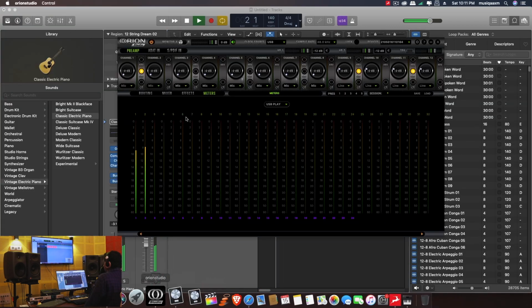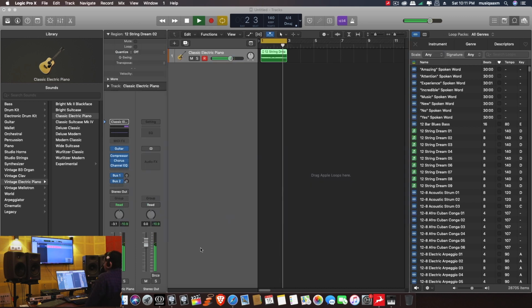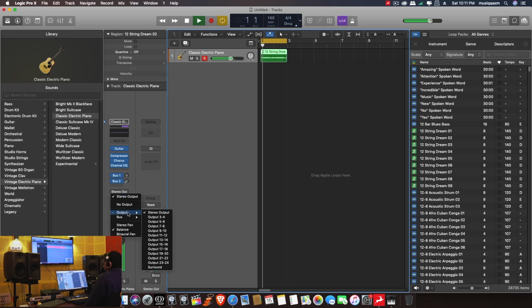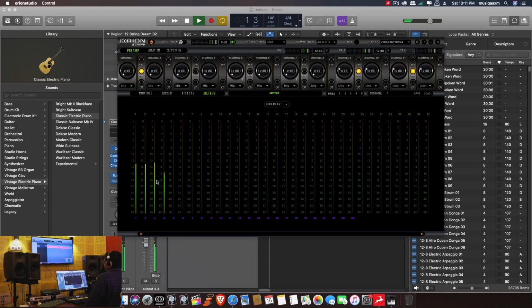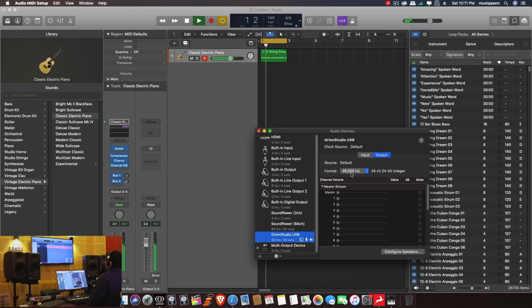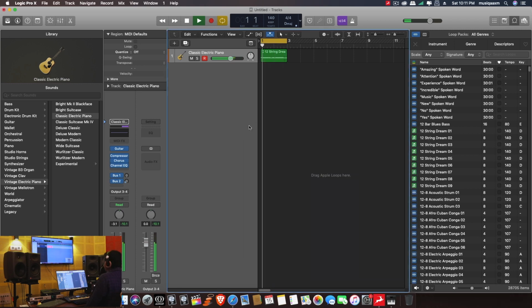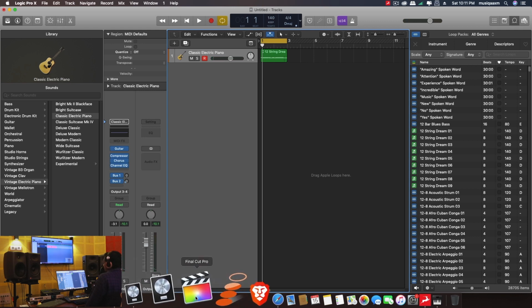If you check the Orion control panel, both are coming here. Once again, I am just changing the output to output 3.4 so that you can check this. Now it's coming through the 3.4 output on the USB play. Like I said, you have to keep the sample rate the same as in the audio MIDI setup. So these are the basic setups that I am using on this Mac.